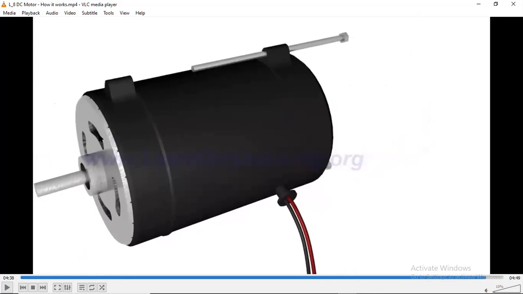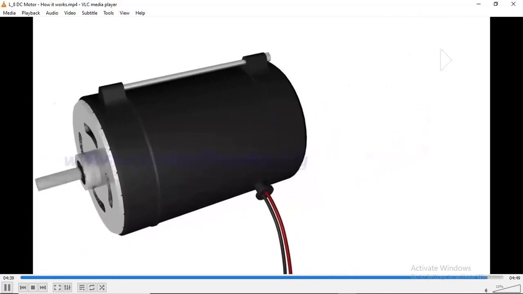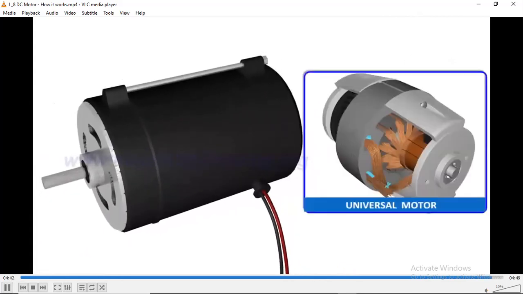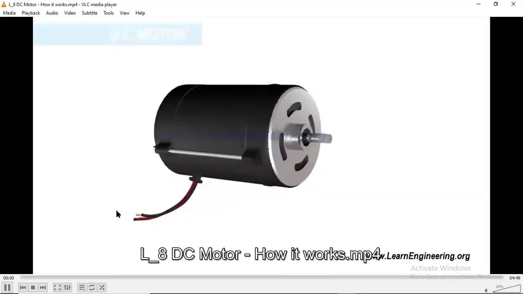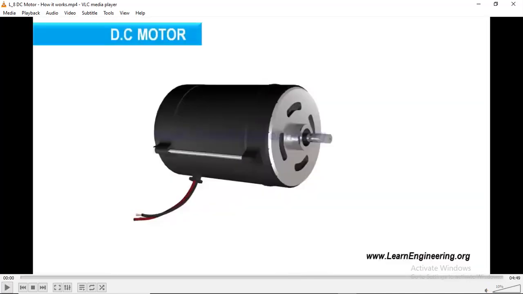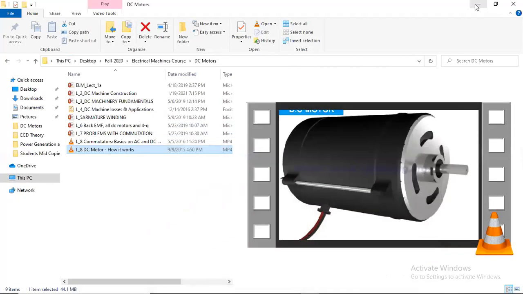Here you can see these holes or spacing are for windage loss, to cool down the motor, because the motor is a rotary part and continuously moving. You can see these are the packages on which it is made. And the universal motor, we already discussed the concept of the universal motor. Those particular motors which work on AC and also on DC are called universal motors. Up till now, if anyone has any kind of query, please feel free to discuss. I will answer your queries.